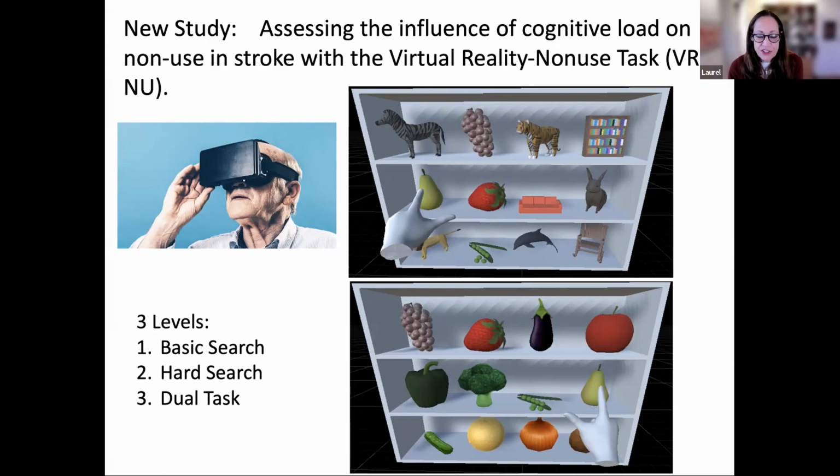So here, all fruit. And the dual task condition has an additional component, which is that people have to respond when they hear a high tone and not a low tone. They hear a tone that's high or a tone that's low, and they just have to make any sound, or "hi," or whatever they want to say. They just have to denote when they hear a high tone and not when they hear a low tone. So there's a go, no-go task superimposed on the reaching demand. So we're really looking at whether load changes the pattern of use of the affected limb.